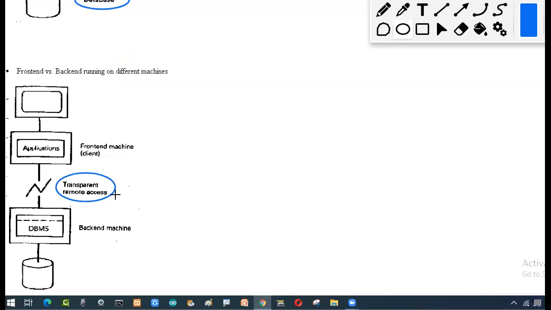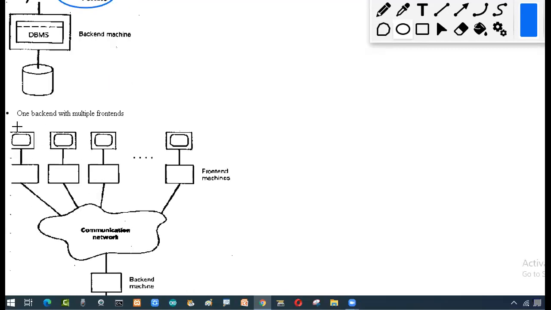The best example you can say is Mi Seva, an application which is distributed. That means throughout the state we have different centers, and servers are placed somewhere. So the person is going to get up to date data. Here the backend machine and the front end machine have been separated because it is going to be accessed remotely. Wherever I go, I can log in with an IP address and credential details, and I can get the data. That is remote access.